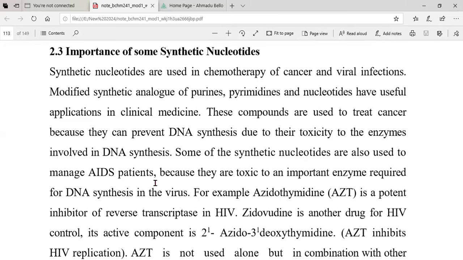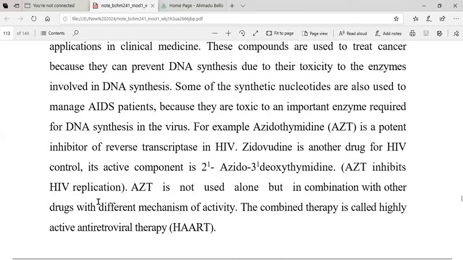For example, AZT is a potent inhibitor of reverse transcriptase in HIV. Zidovudine is another drug for HIV control. Its active component is 3'-azido-3'-deoxythymidine, which is AZT, and AZT inhibits HIV replication. So AZT is not used alone, but in combination with other drugs with different mechanisms of activity. The combined therapy is called highly active antiretroviral therapy,